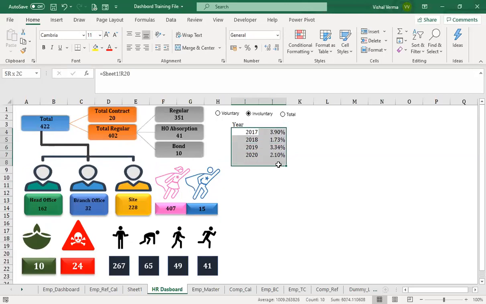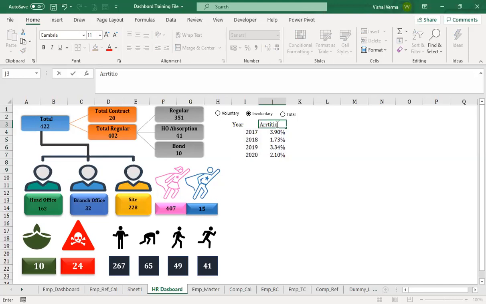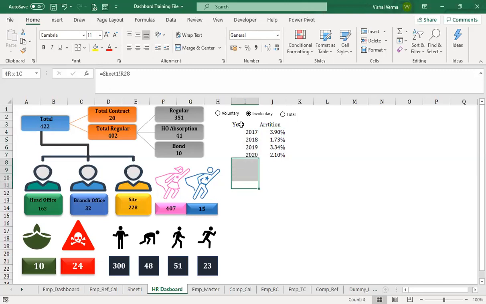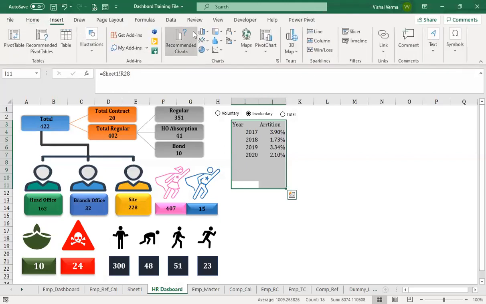Now what we need is to prepare the chart. So we have the data from here. Okay. So we'll be inserting the chart here itself. Okay.